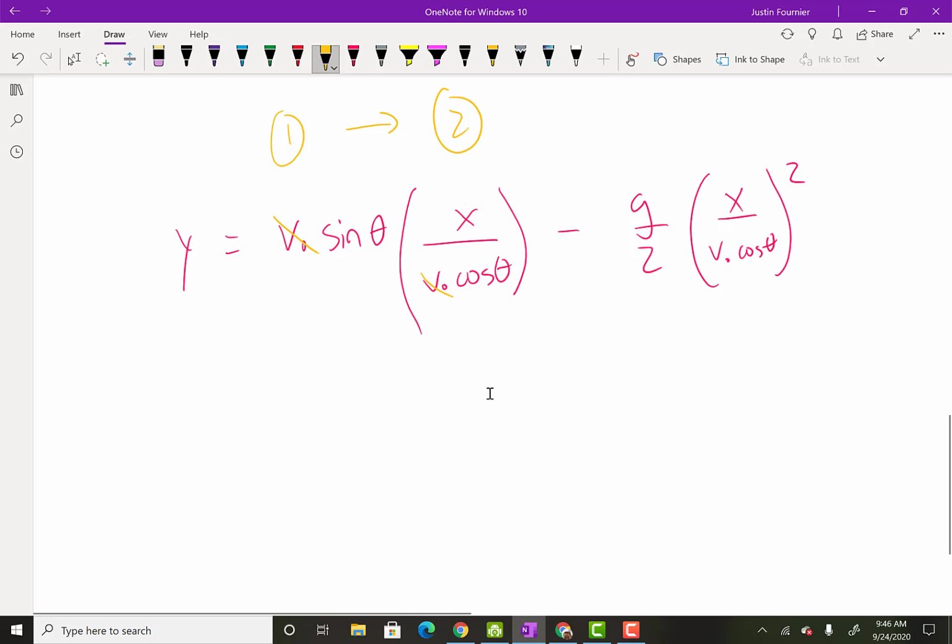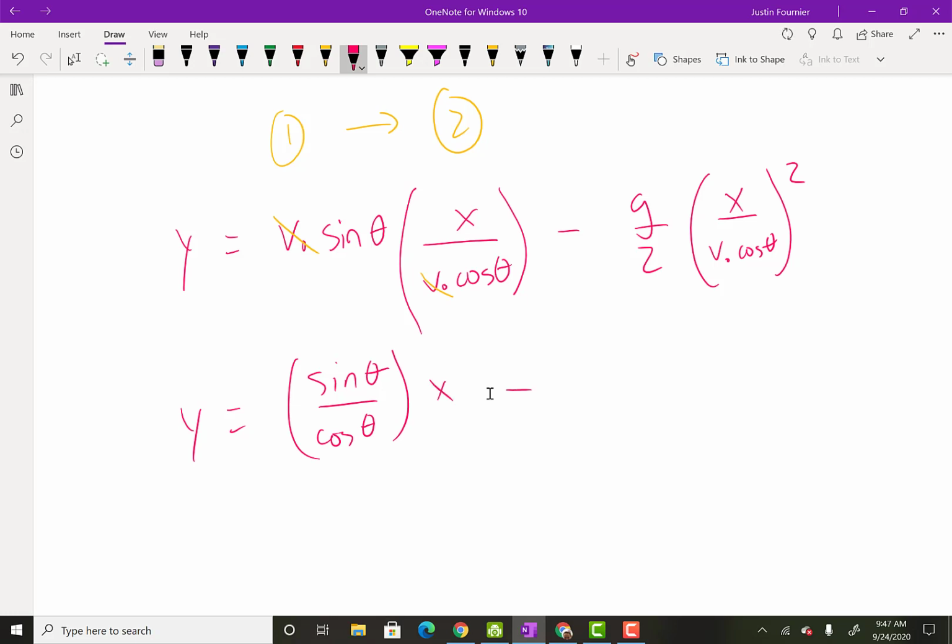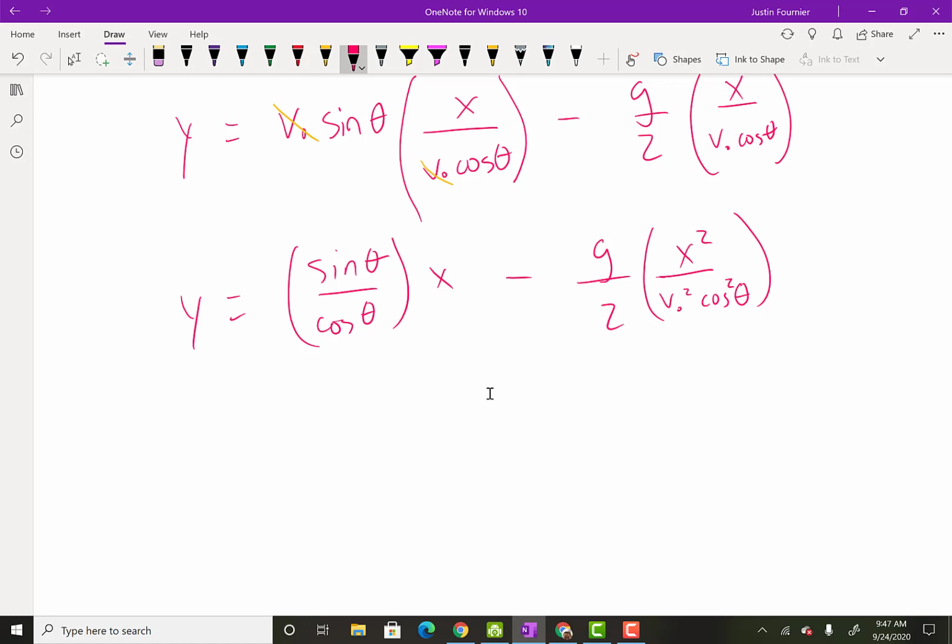I can simplify, for those of you who know trigonometry. I've got sine of theta over cosine theta times x minus, let's expand this, g x squared over v naught squared cosine squared of theta. Oh, well, this is good. I only got the one v naught, so it's not like I need to do a quadratic or anything like that. That's a good thing. But does this simplify even more, or is it going to be easier to